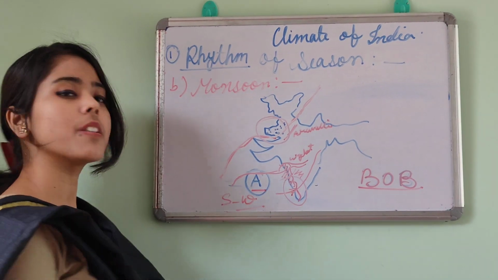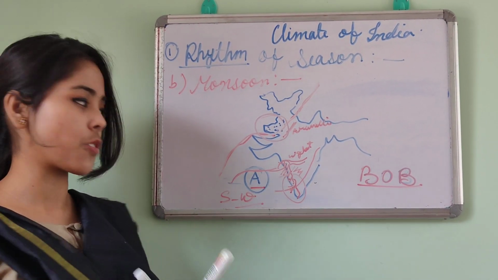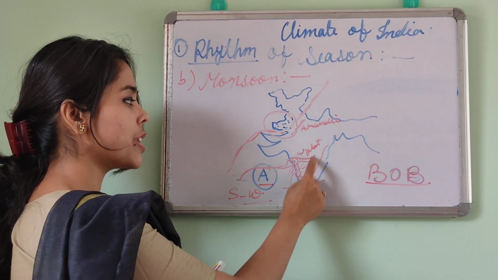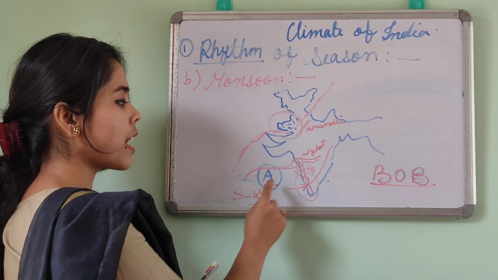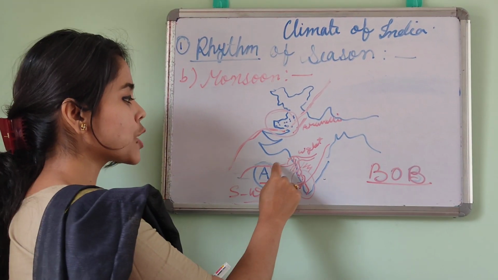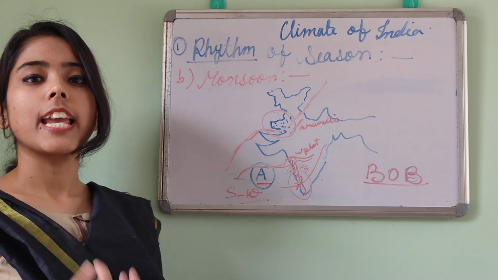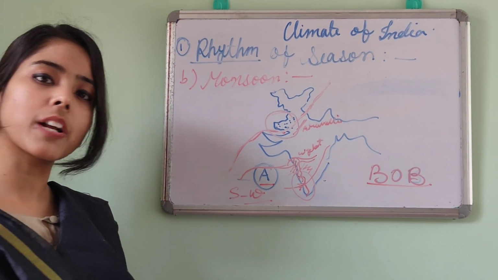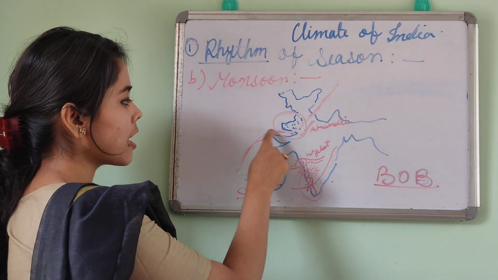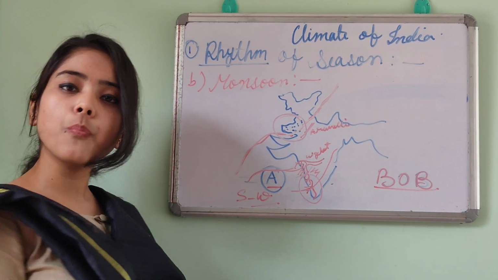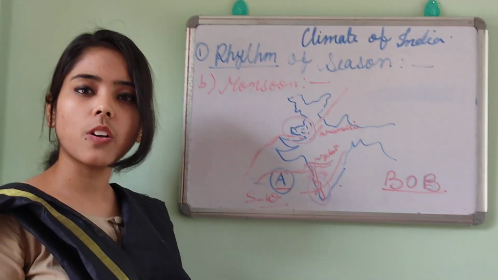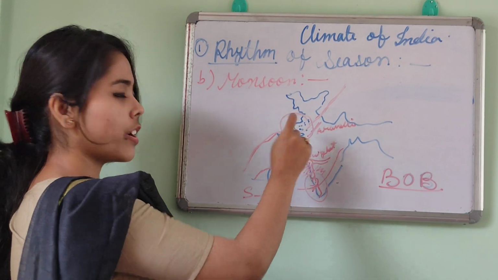So from the Arabian Sea branch, three branches come out. One will hit Kerala first on 1st June. Then it will move like this. The second one will hit the western slope of the Western Ghats, and when it comes to the eastern side, it will cause very little rainfall, because the eastern side is the leeward side. And the third branch will move parallel to the Aravalli range. That's why it will cause very little rainfall over here.